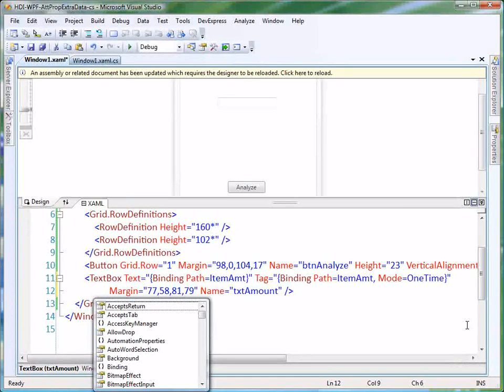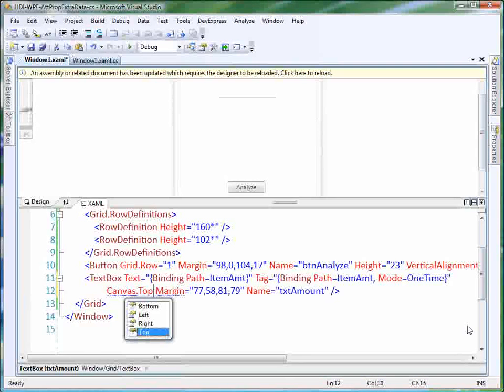Well, we could do storyboard, because we know that storyboard has some attached properties. So we've got storyboard.targetName, storyboard.targetProperty. Well, those are both strings. So, that would work. We could kind of convert from a string to an int, but maybe there's something that fits a little bit better. So, how about